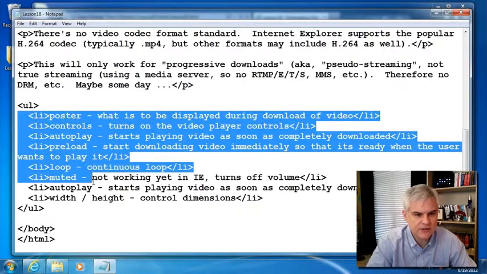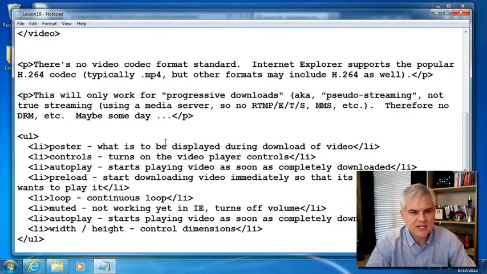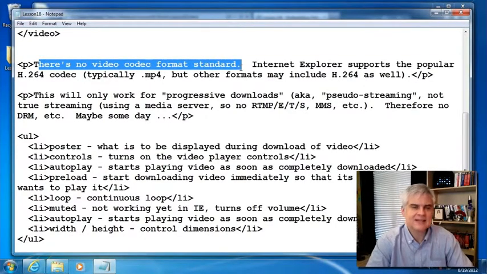I would just invite you to try different combinations and learn a little bit more about this. As I note, there's no video codec format in the specification. Internet Explorer supports the very popular H.264 codec that typically is encoded in .mov or .mp4 movies. Apple also supports this. And then also I want to mention that the video player currently only supports progressive